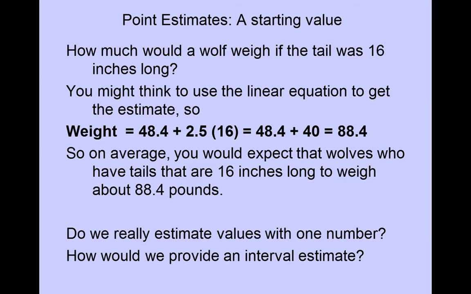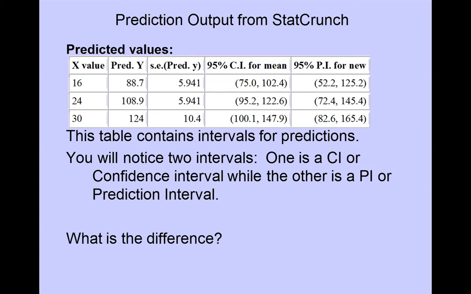But if you think back to what we've been doing, we don't really estimate values with one number, right? We do confidence intervals. So what we want to do next is come up with an interval estimate instead of a single number. What we do is ask the software to produce this table of what are called predicted values. So for the x value, your tail length of 16 inches, it predicts the y value as